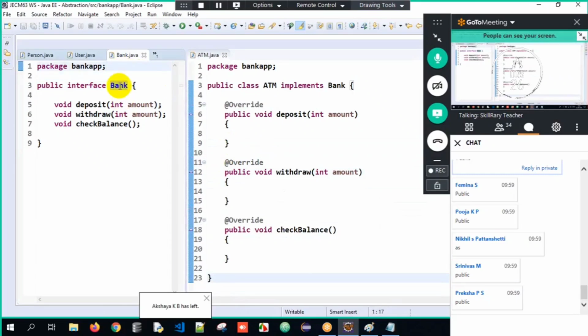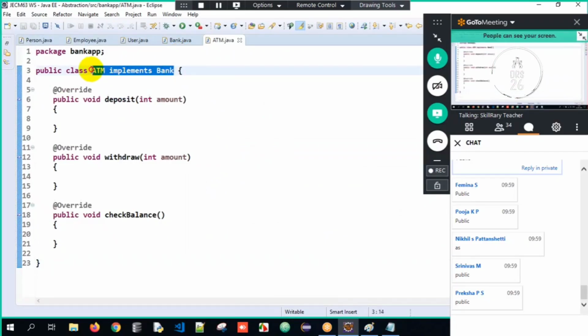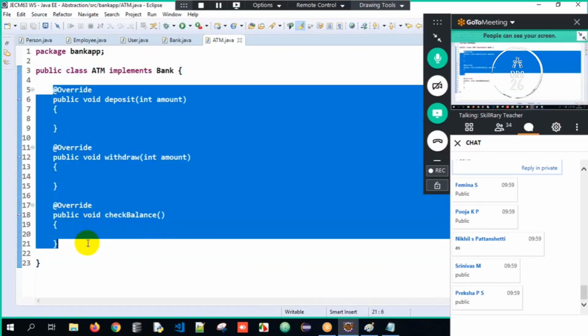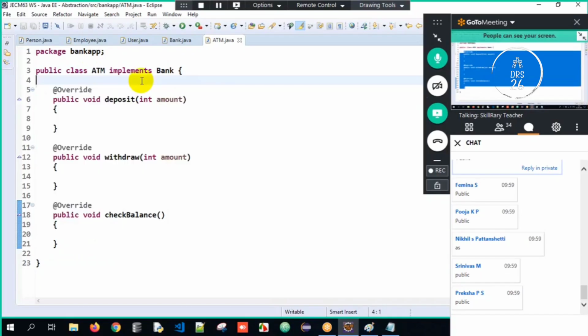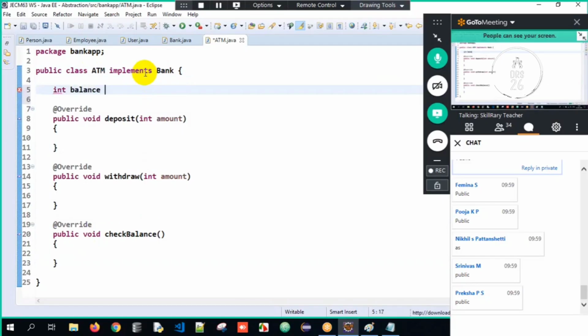Rule number one was to create an interface called bank. Rule number two was to achieve the IS-A relationship, and you have to override it. Got it? Don't you think so? It's easy now. Okay. Now here, imagine there is a variable called balance here. And your account balance is, imagine it is 10,000 initially. Okay. In the ATM class, you'll have a variable called balance, which is initialized to 10,000. That is indicating your current account balance here.